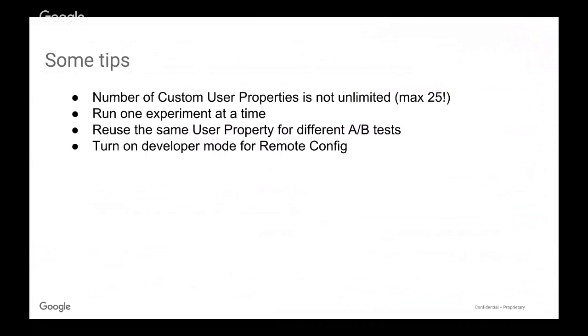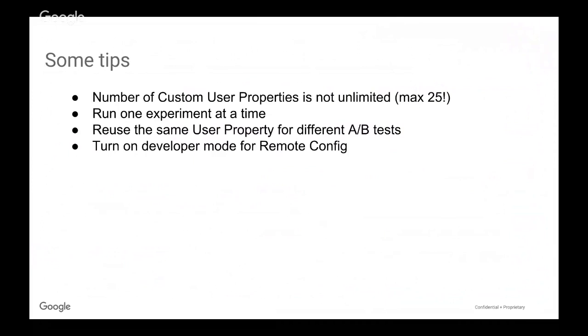If you're mixing things in one experiment, then it's hard for you to tell, very scientifically, that certain differences can be attributed to certain changes. So it's always good to run one experiment at a time, and it's good for us to reuse the same user property for different A/B tests, so we don't hit the maximum